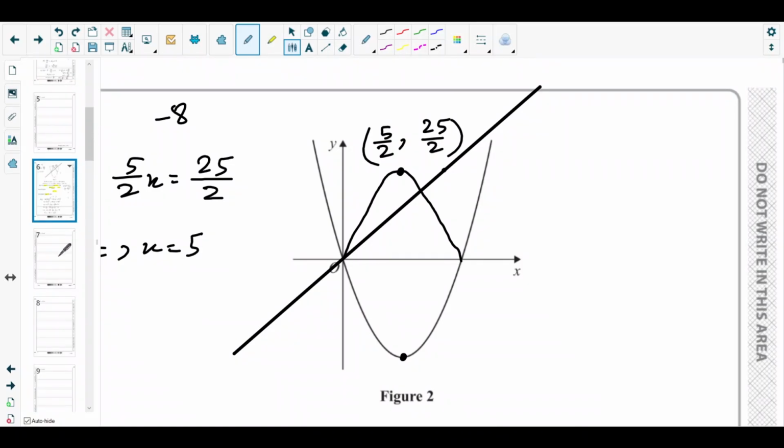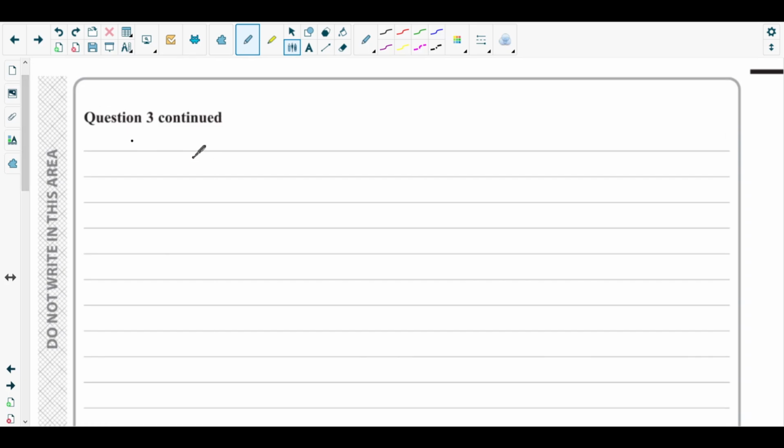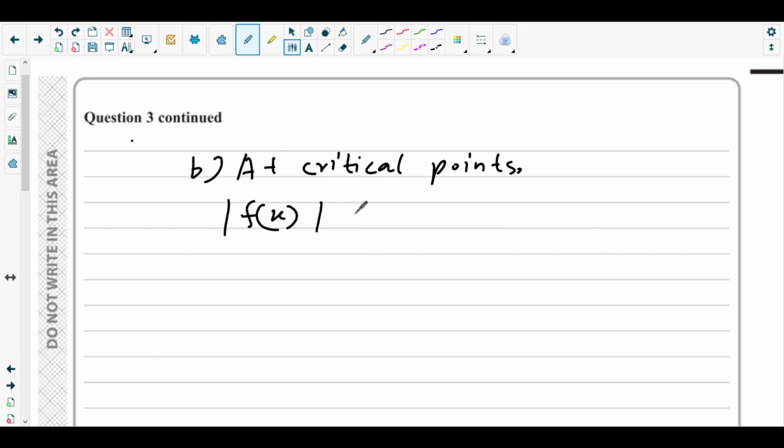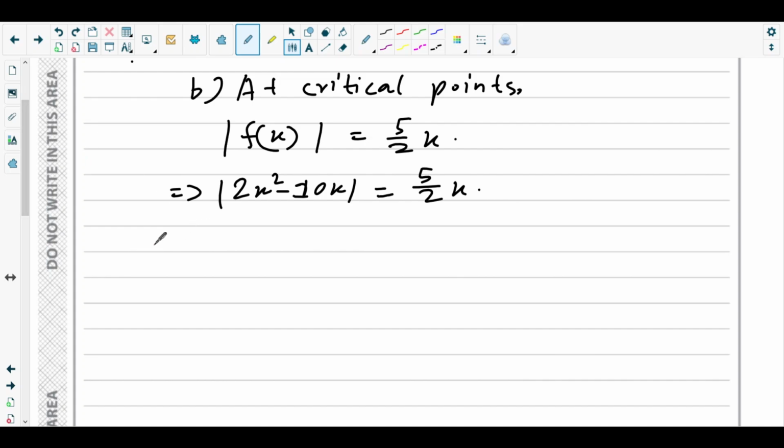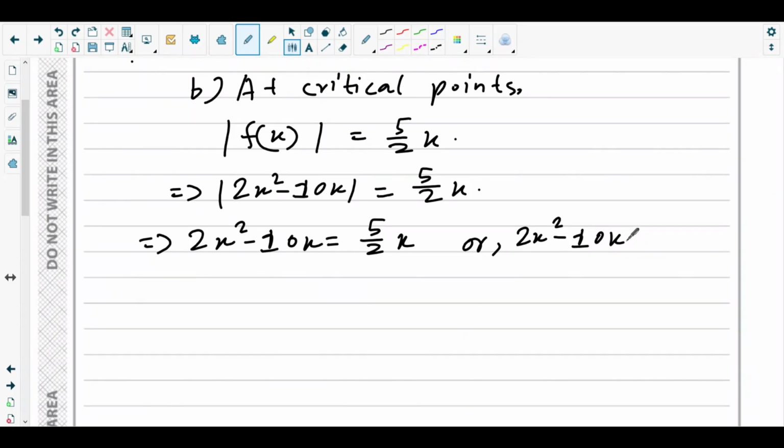So now our work is to figure out the critical values. Let's figure out the critical values for part B. At critical points, what would be the case? F of x whole modulus will be equal to 5/2 of x. So the equation of f of x whole modulus is 2x squared negative 10x whole modulus, and this equals 5/2 of x. If you take out the modulus, you will get two possible values. One is positive, the other one is negative. So either this is positive or negative: 2x squared negative 10x equals